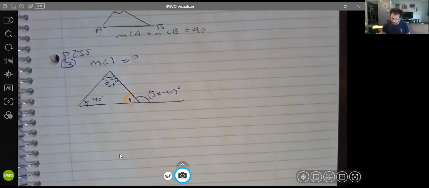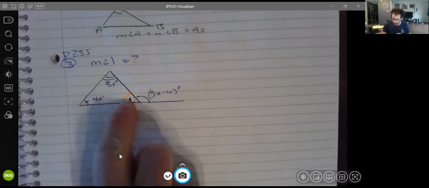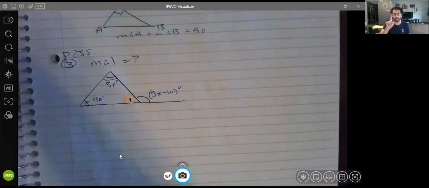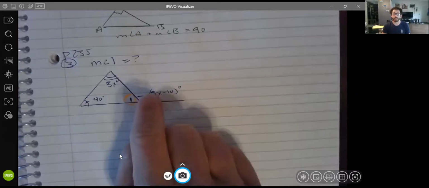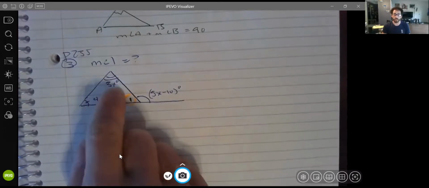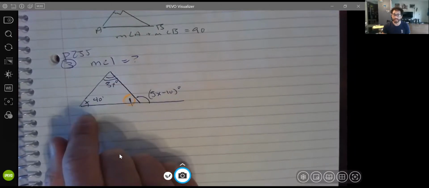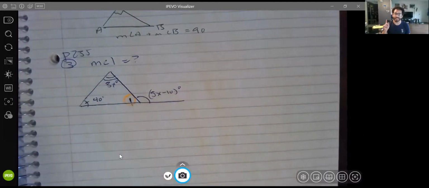Okay, so what do I know? I know that angle 1 plus all this is going to equal 180. But I can only solve an equation with one variable. I don't know what this is, and I don't know what x is. I don't know that these two are equal to each other, and I don't know that these add up to 90. I do know that this plus this equals 180, but then again, I got two variables. Oh, but